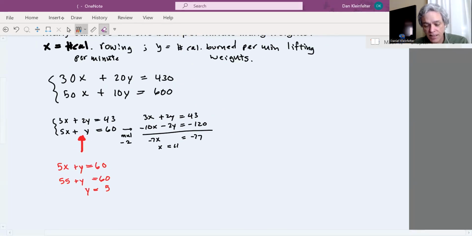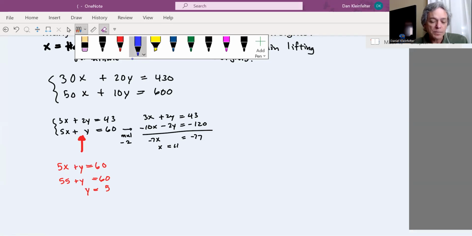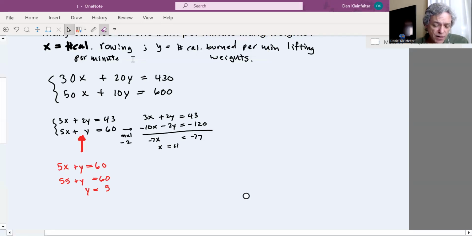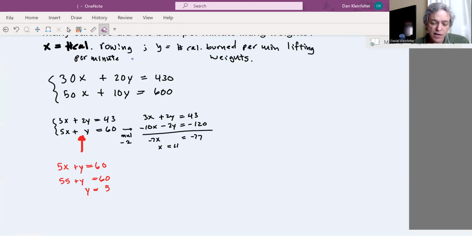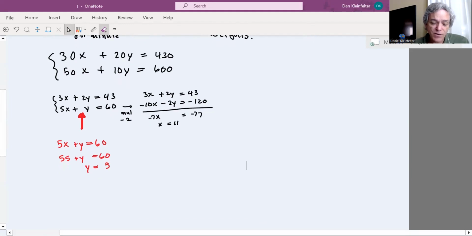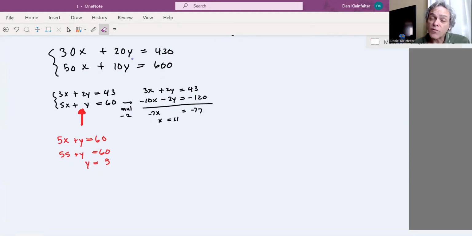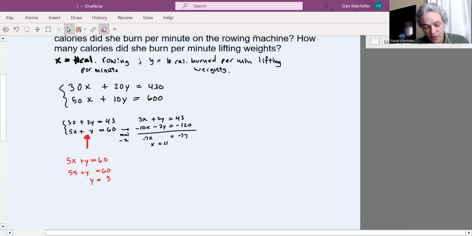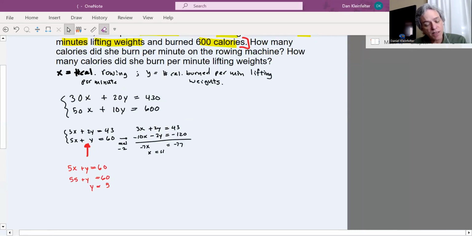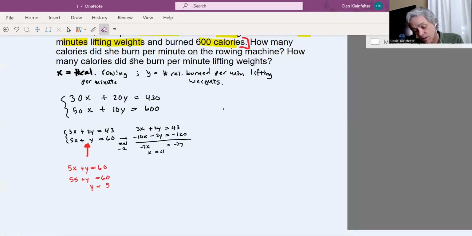And this is part of the reason it's a good idea to tell what each variable represents, because now if you didn't know any better, scroll that away. Do you remember if y was the rowing or the weightlifting? We better know, right? Because we've got to write down the answer. So x was the calories spent rowing. So 11 calories per minute rowing. And then 5 calories per minute